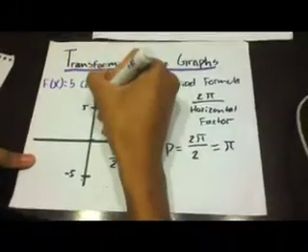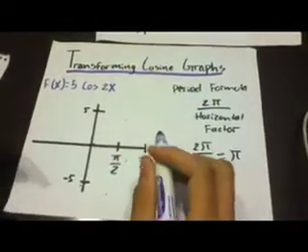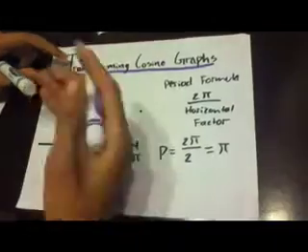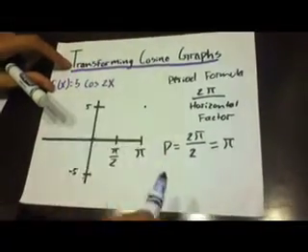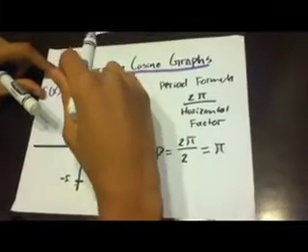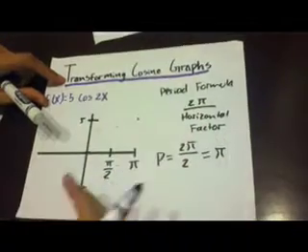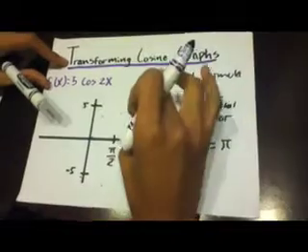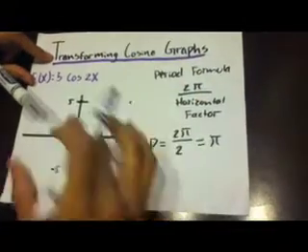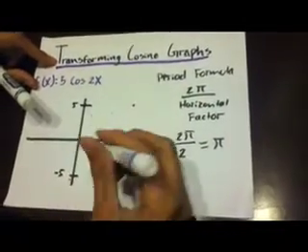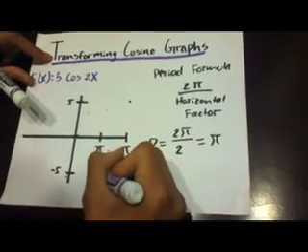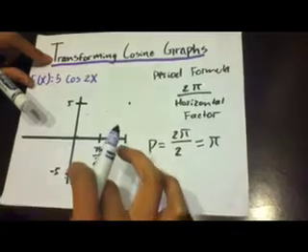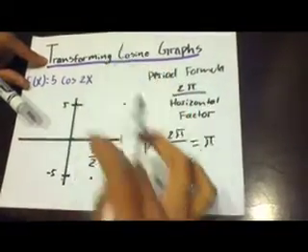So we're going to start. There's going to be a point here at 5, and there's also going to be a point at pi, because from our knowledge of cosine, it's always going to be that V-like or U-like shape: up, down, up. And at the end, where the period ends, it's going to be one up here. Then halfway between those, right here, there's also going to be a point at -5. See how these points right here are at -5, and these are at 5. And now there's also going to